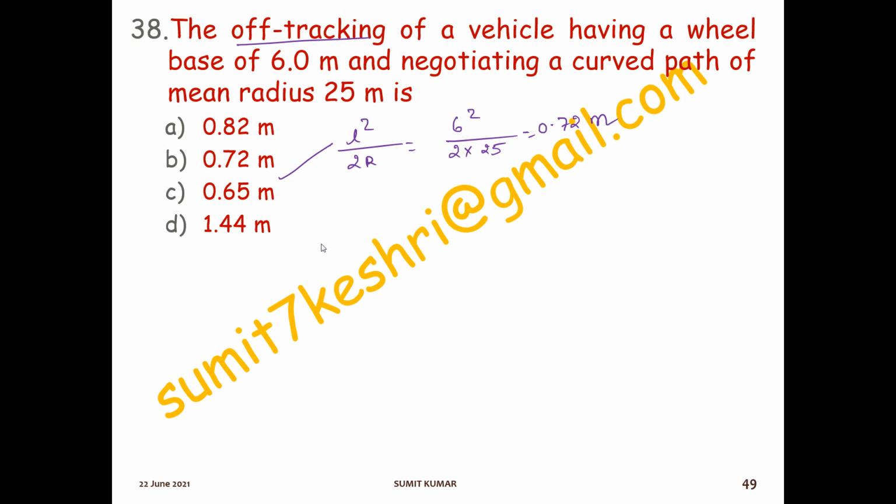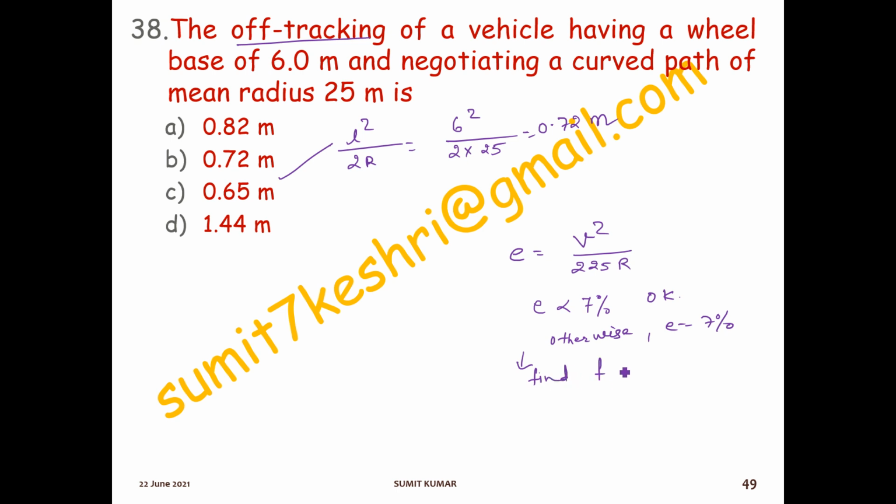When you need to calculate the design rate of elevation, follow the 4 steps we discussed in an earlier slide. The very first step is to find the value of e from V square by 225 R. If this value is less than 7%, then it is okay. Otherwise, if the value is greater than 7%, then take e as 7% only, and then find f.